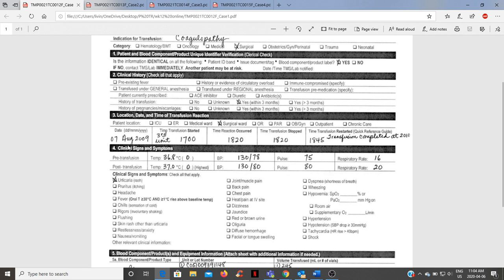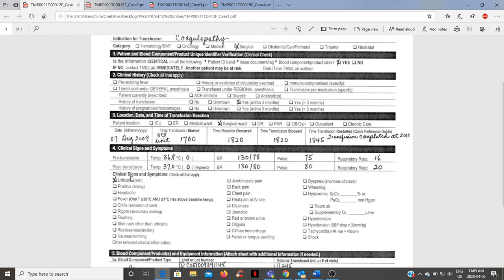And this is the information about the transfusion that caused the reaction. So the transfusion was started at 1700, the reaction occurred at 1820, and they stopped the transfusion. And then they did restart that transfusion at 1845, and it was completed by 2010. This is the time, 2010, not the year, 2010. Okay, so remember, which is the only kind of reaction with which a transfusion can be restarted, and it is